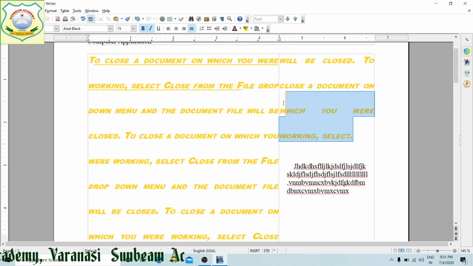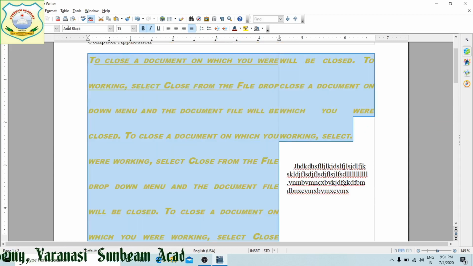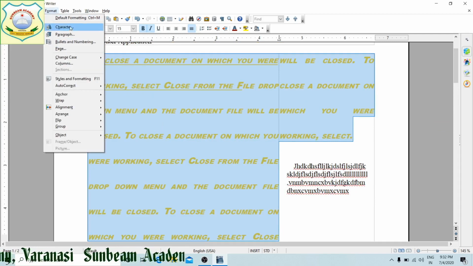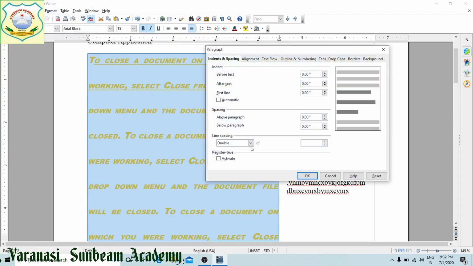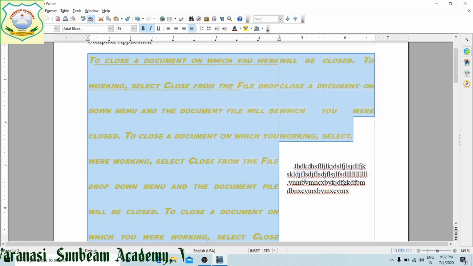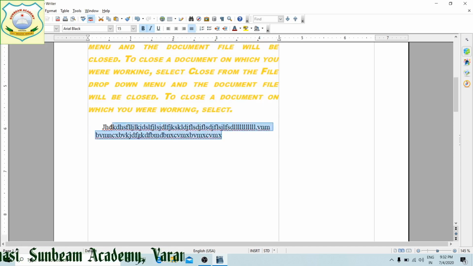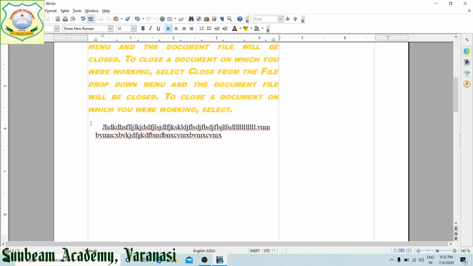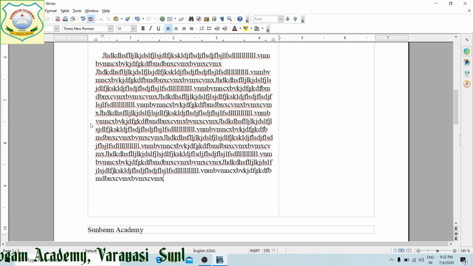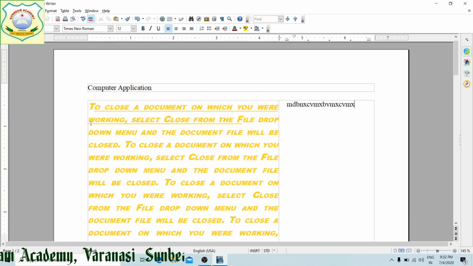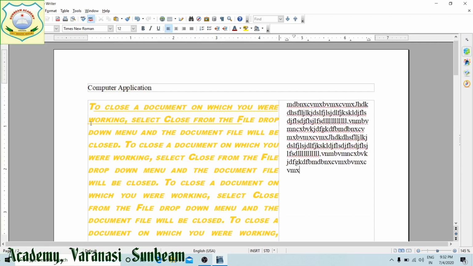Now I am going to decrease the size of this one, then it will be more clear. I am giving single line space. You can see I have completed here. Now I am going to copy this one and paste it over here. As soon as it completes, it will move towards the next column, right? This is newspaper style. You can see this in your newspaper also.